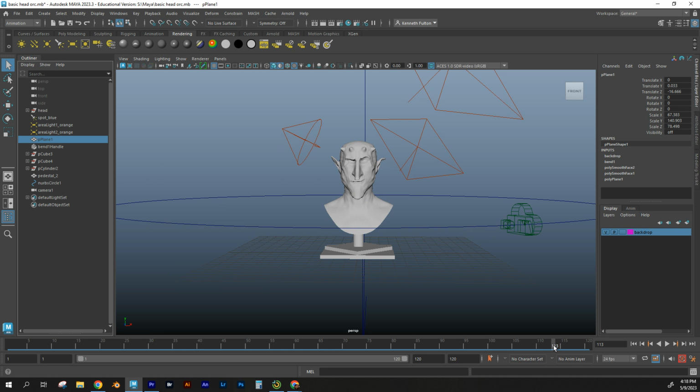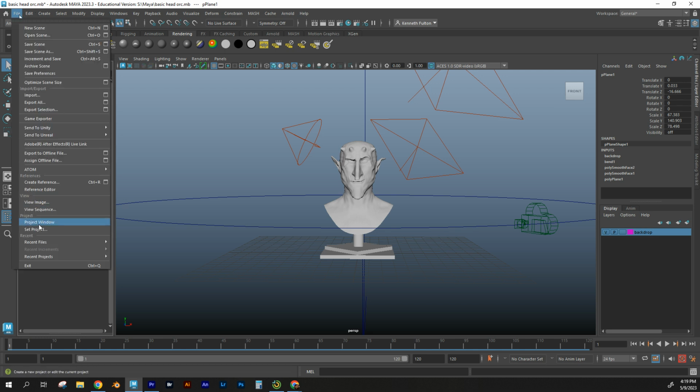Now, this is what it's going to do. It's going to go around every frame. It's going to render a new image. So what I'm going to do is basically start it at 1. I need to set up a project file for this scene as I render it. So I'm going to go to File, Project Window,